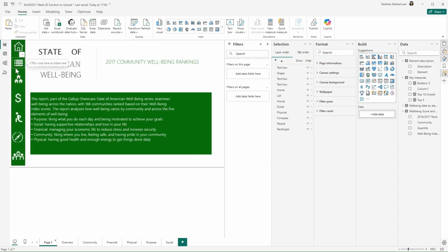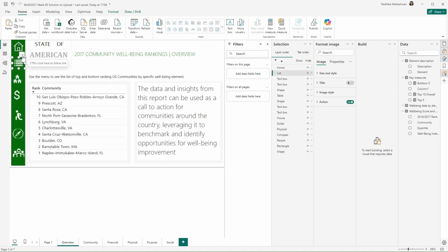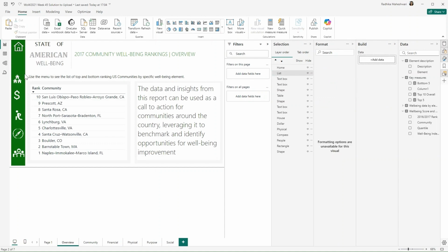And now from the first page, I will select list, house, dollar, physical, compass, and people. And I will paste them here.